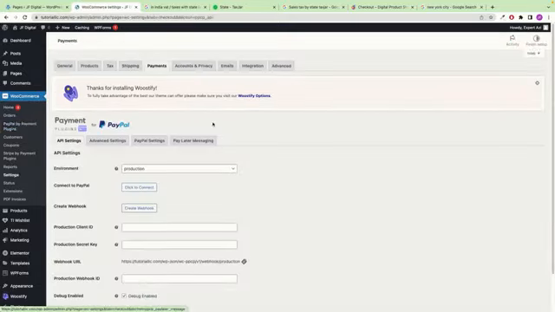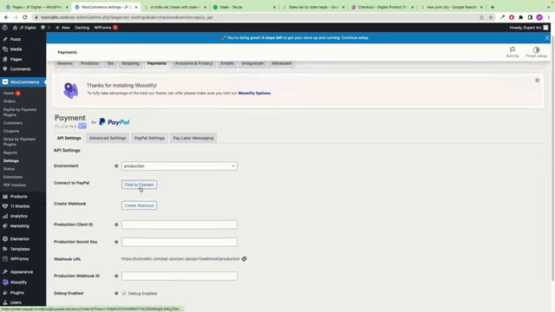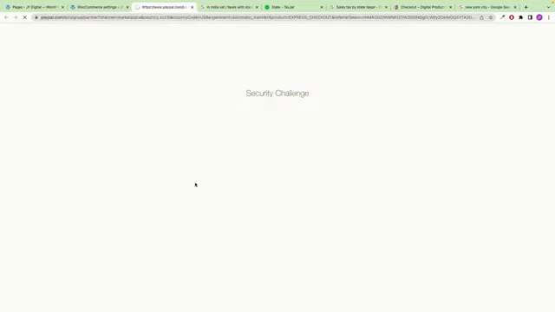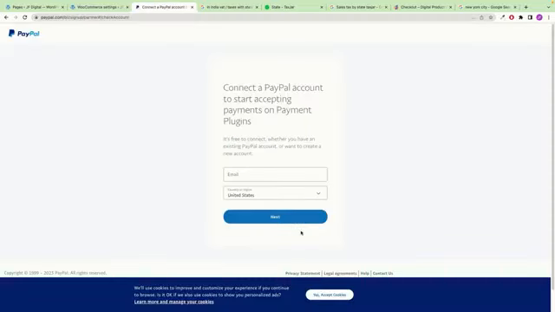So I'm going to open the PayPal payment plugin, this one, and click on settings. Now you need to connect your PayPal account. For this, it needs to be a business account, not a normal account. So try to create a PayPal business account. It's going to be easier. Simply click here on connect with PayPal. I'm not sure about this. It's going to ask you to sign up, but I'm not going to sign up. Let me try to put in my PayPal account and see what happens. Now put in your PayPal email address, I mean business email address,